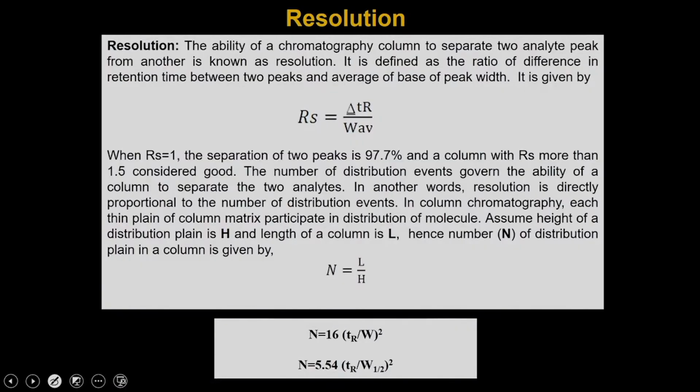So, what is meant by resolution? The ability of a chromatographic column to separate two analyte peaks from one another is known as the resolution, which means in the earlier figure, the column is separating peak A and peak B, and that is called the resolution, and it is defined as the ratio of difference in the retention time